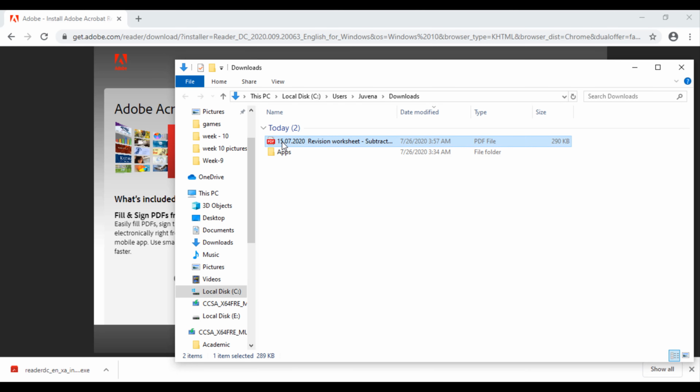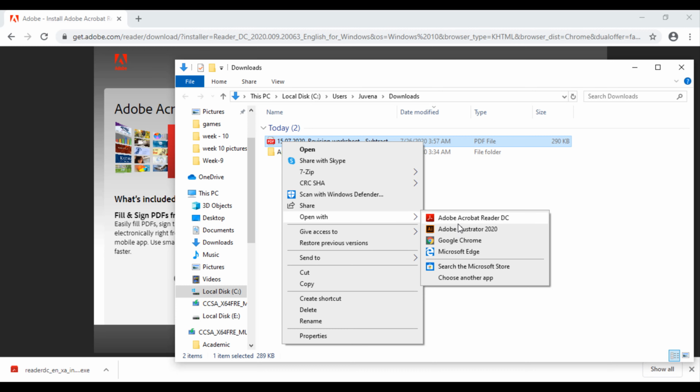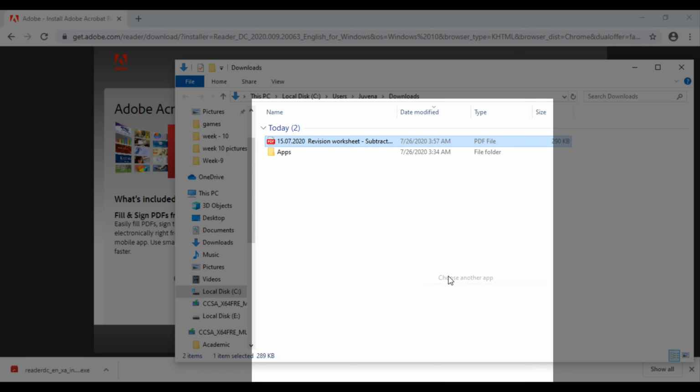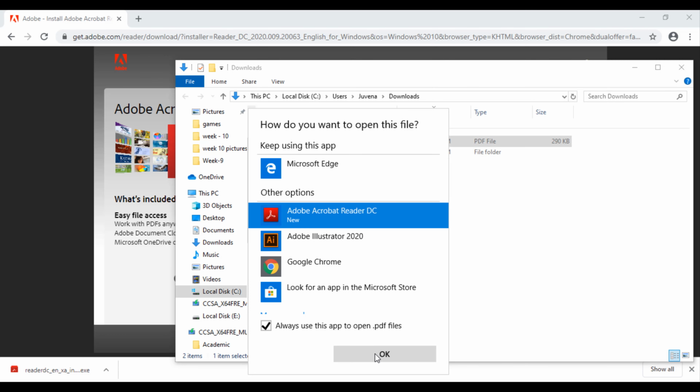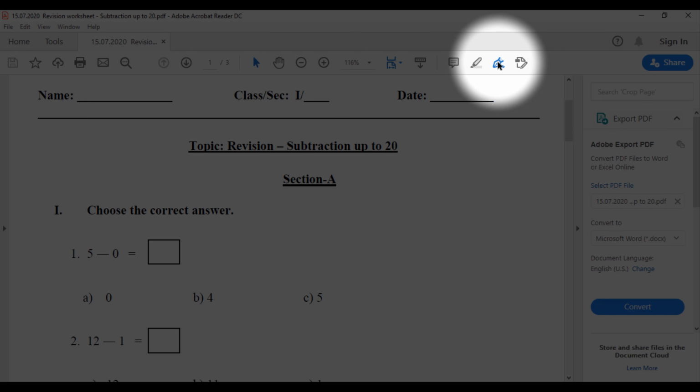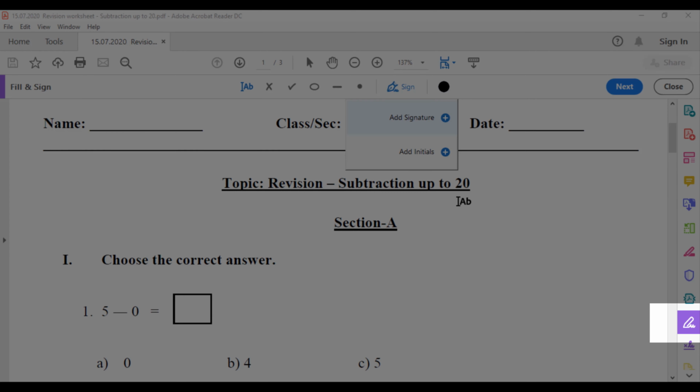Now open the file which you want to modify. In order to open the file, I am going to right click and select open with, then choose another app. There I select Adobe Acrobat Reader and click on the checkbox named always use this app to open .pdf files, then click OK. Once you open the file, you choose fill and sign icon and find the toolbar with required tools to modify the file. You can also find the fill and sign icon in the right side of the document in the header area.